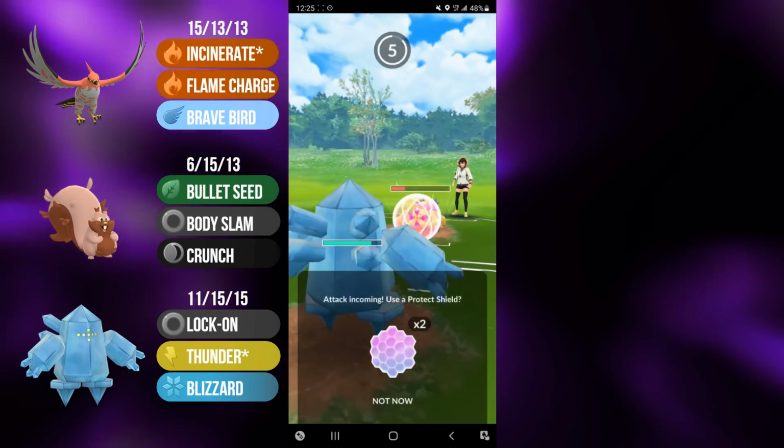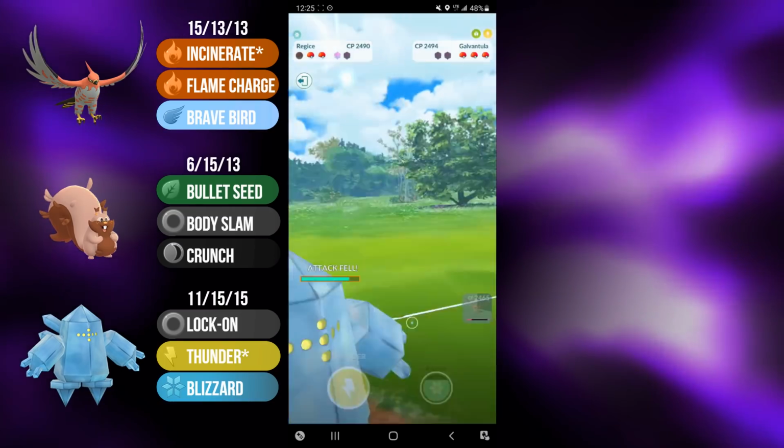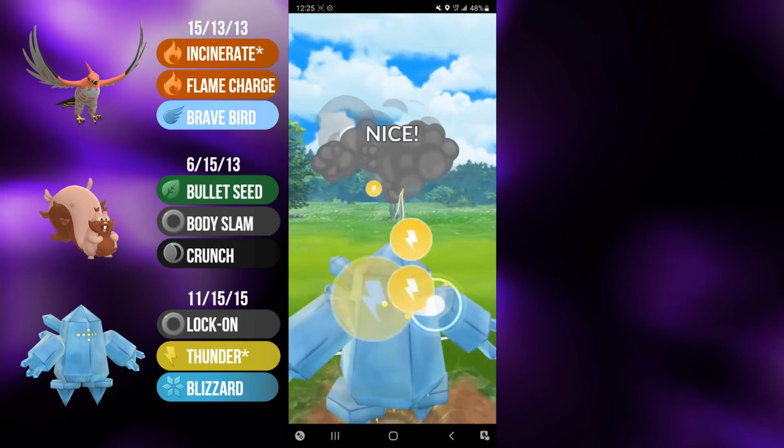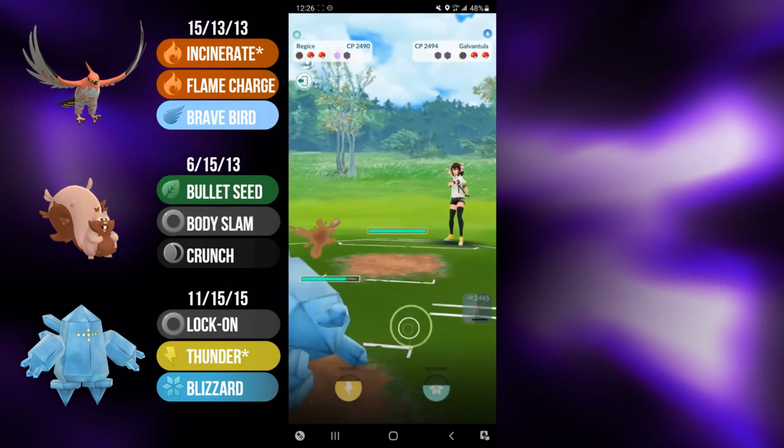I'm a little worried about losing CMP, so I am actually going to not throw the charge move there. I'm going to let them get off their lunge. I'm going to shield up, and then I'm going to farm up close to 100 energy, and now we're going to go for the Thunder to KO, and we'll have an energy lead and a shield for whatever's in the